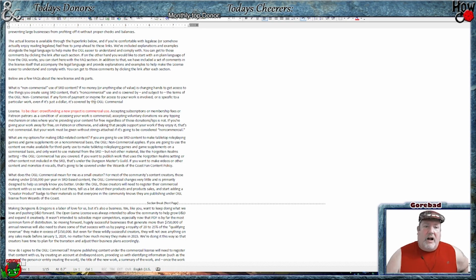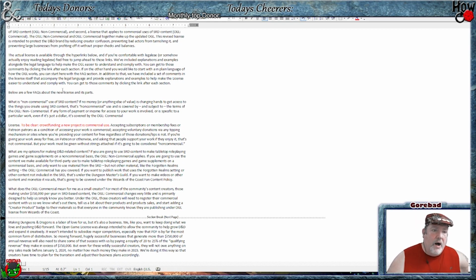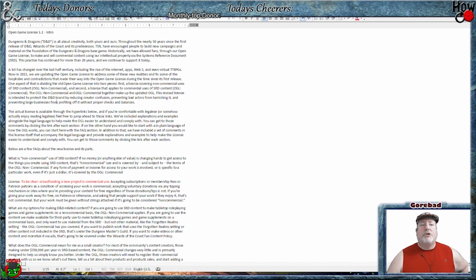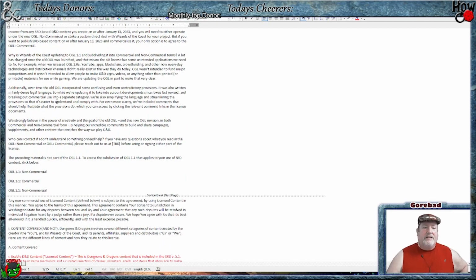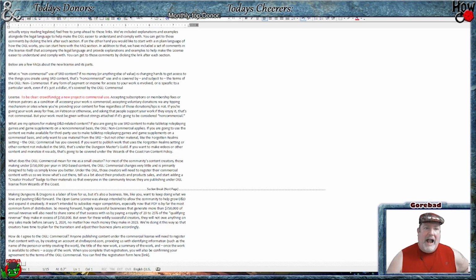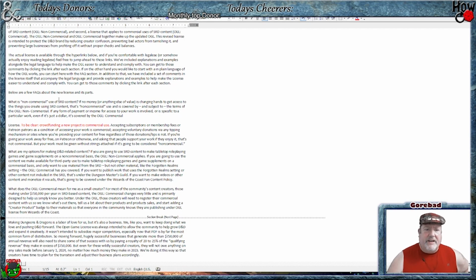Again, this is a big document. We're not going to go through all of it, but we are going to break down certain portions of this. So, there is commercial and non-commercial use of this. And the terms for those are a little bit different. But I think it's fair to assume non-commercial means you're not going to try to make money.